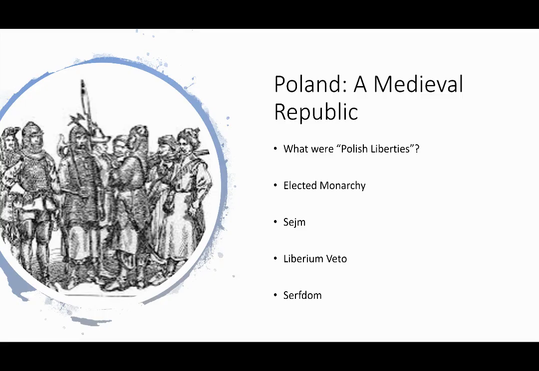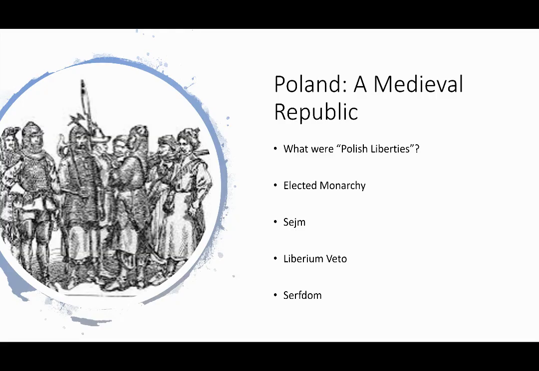Well, in Poland, in the 16th century and the 17th century, they reestablished serfdom. So therefore, there's only two classes of people. Either you're a noble or a serf. And if you're a serf, you are owned by a noble. And those nobles, they believed it was their liberty to have serfs to provide agricultural service. Those serfs are a medieval slave, and they have zero freedoms, and the nobles dominate them.